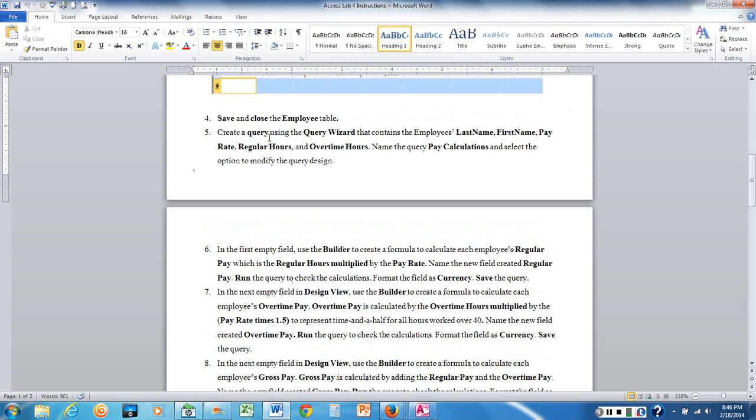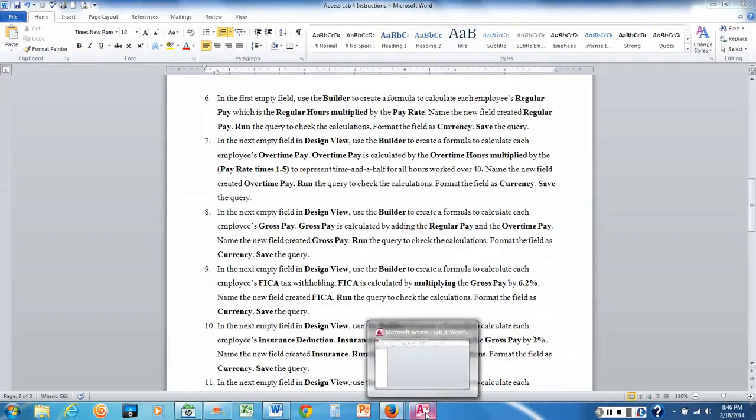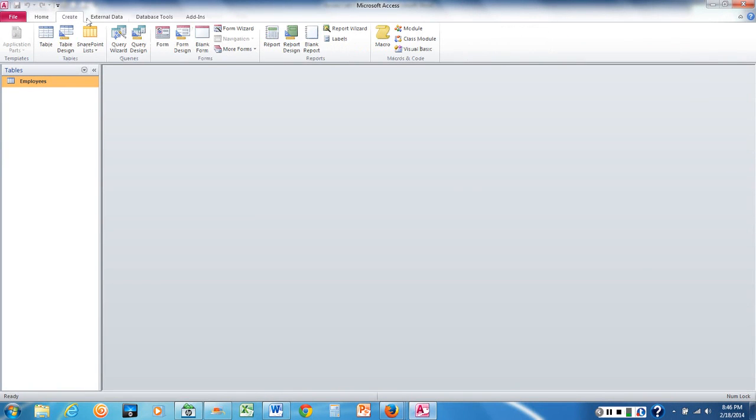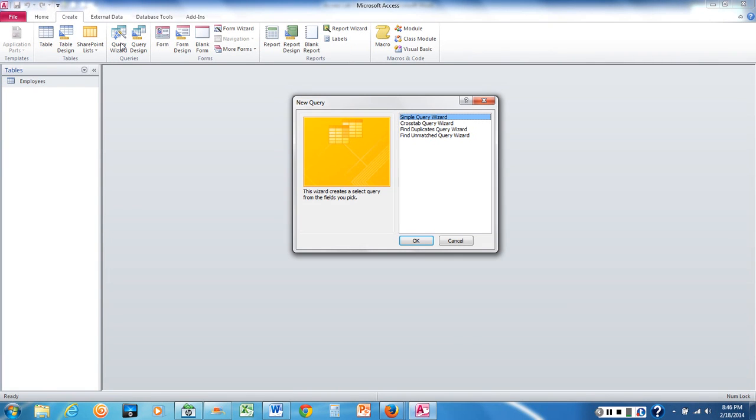Then we're going to create a query using the Query Wizard that contains the employee's last name, first name, pay rate, regular hours, and overtime hours. We're going to name this query Pay Calculations and select the option to modify the query. Okay, I will bring up my Access work file. From the ribbon, I'm going to click on the Create tab, and in the Queries group we're going to use the Query Wizard. And the fields that we need are